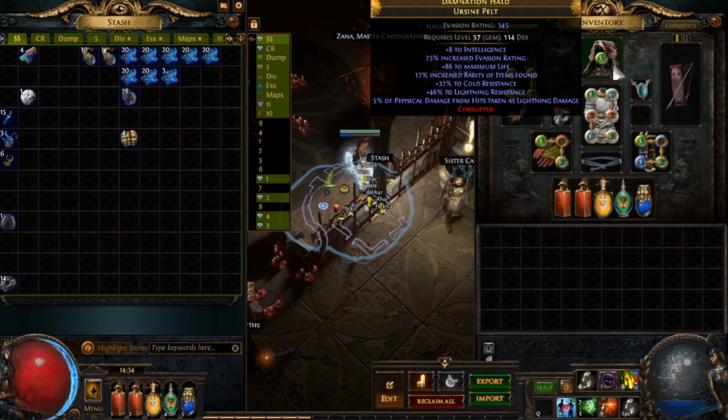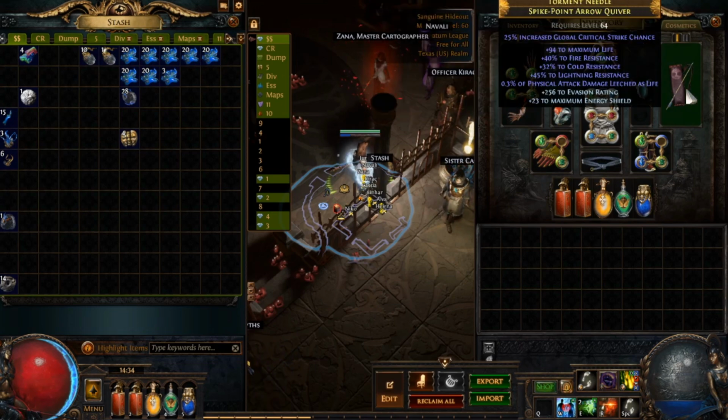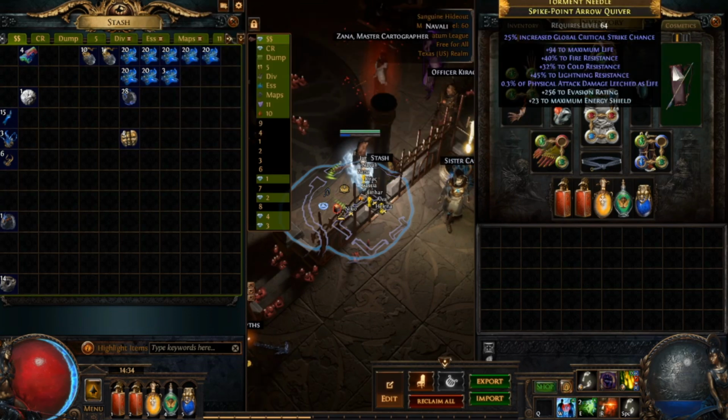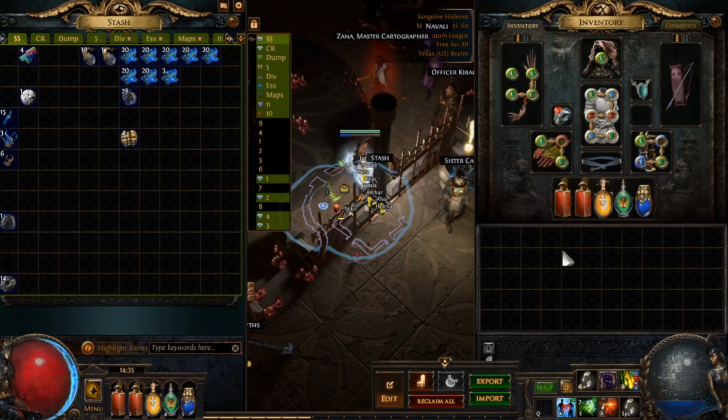The helmet does have some rarity, but I think this helmet was like 3 chaos, and I'm pretty sure this quiver was like 5 chaos, maybe. I don't even remember. I got those a while back, so we're talking about less than 40 chaos. That means you can literally make...